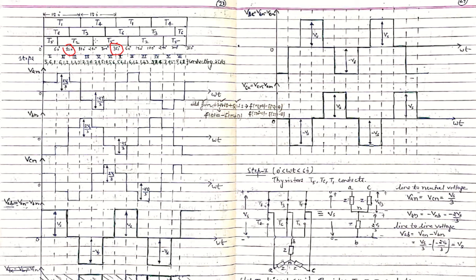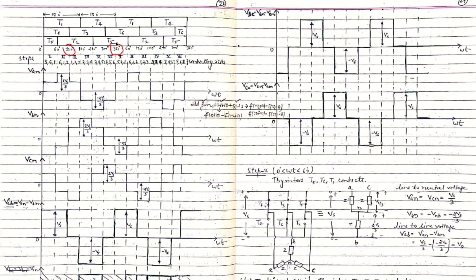So from the positive group, the third thyristor T5 will be fired 120 degrees after T3, or 240 degrees after T1. So see, this T5 is fired 120 degrees after T3, and for T1 it is 240 degrees. So T5 will be conducting from 240 degrees up to 360 degrees, and again add 60 degrees to this to obtain the full 180 degrees.